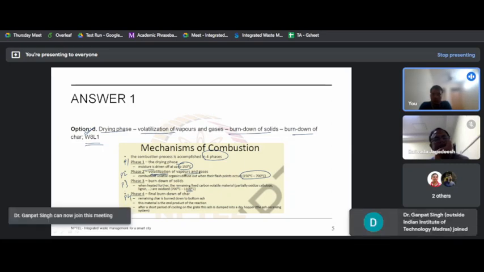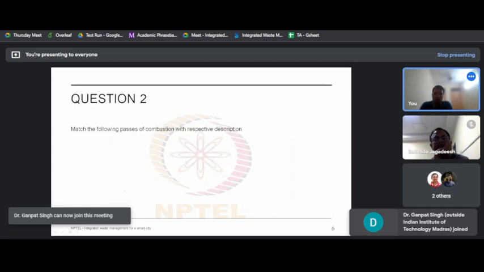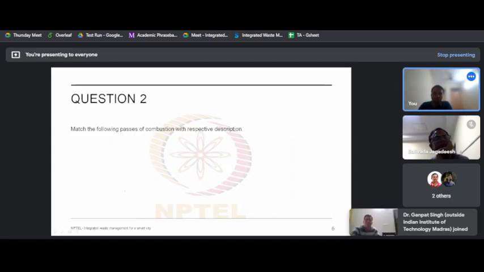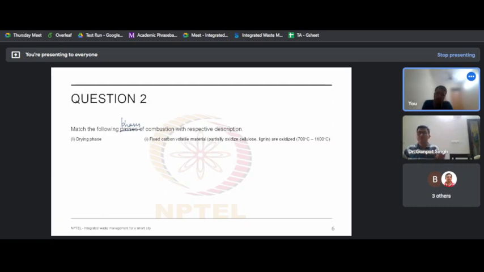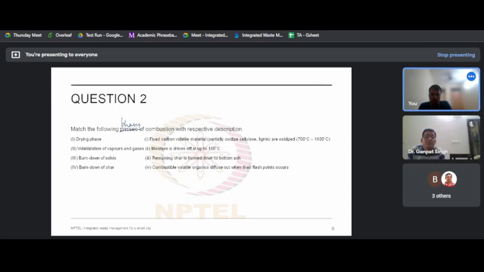Moving on to the second question. It is a similar question. Here we have to match the phases of combustion, it should be phases, not passes, with the respective description. So drying phase. Then we have volatilization of vapors and gases, moisture is driven off, and burn down of solids, fixed carbon and volatile material are oxidized. Then the options are given. Then we also have burn down of char. Then we have the four options. As we discussed in the previous question also,